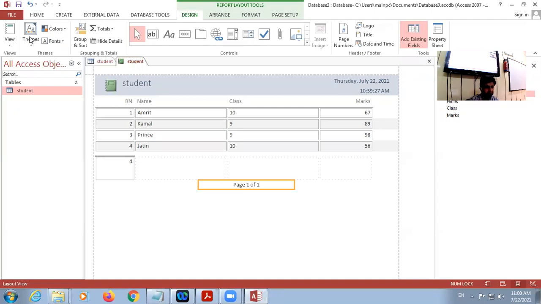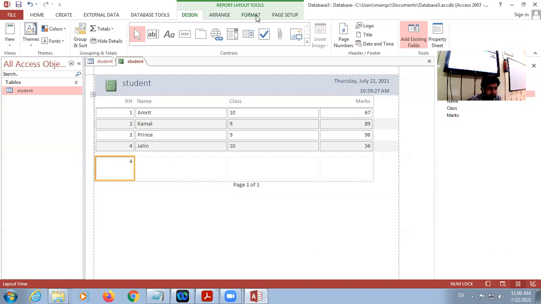Here 4 means the number of records is 4. We can format this with the help of a formatting tab. Whenever we create any report, new tabs appear automatically: design, arrange, format, page setup.